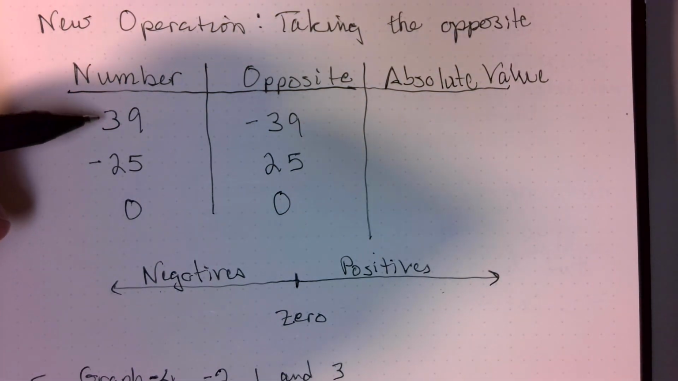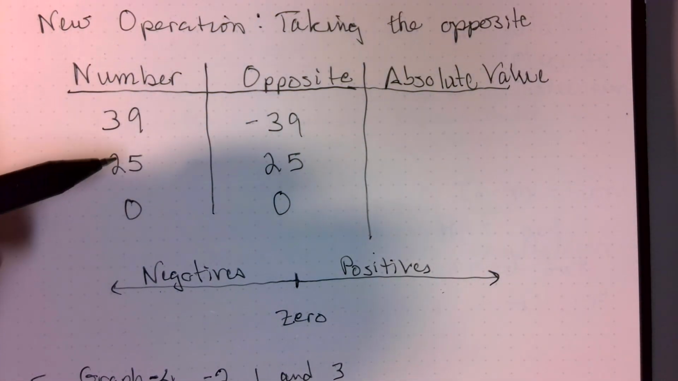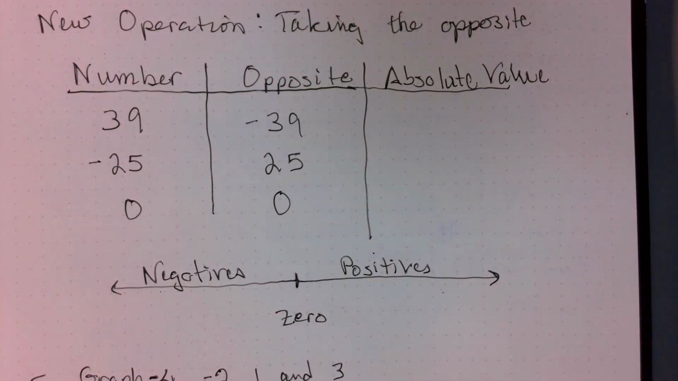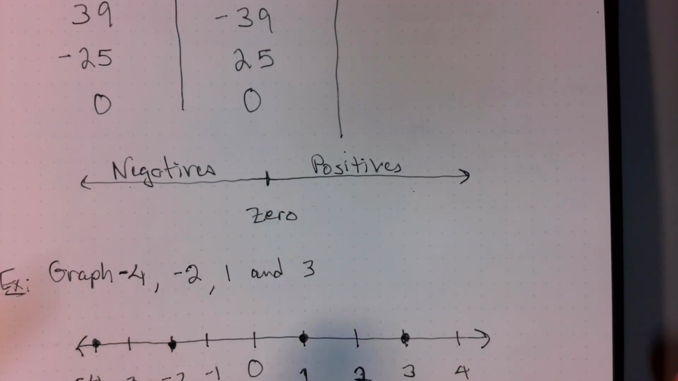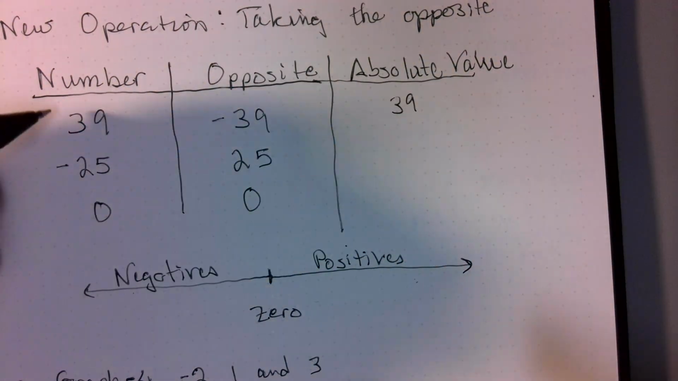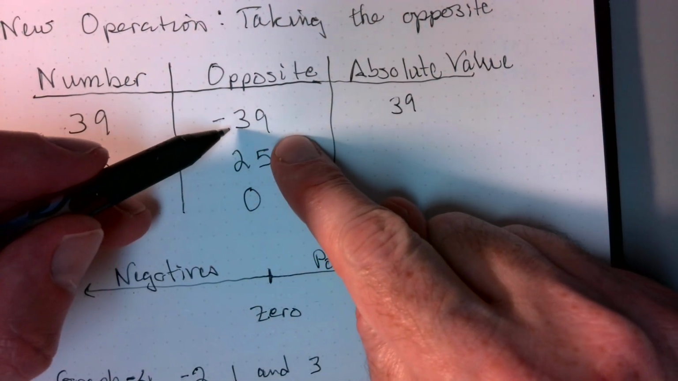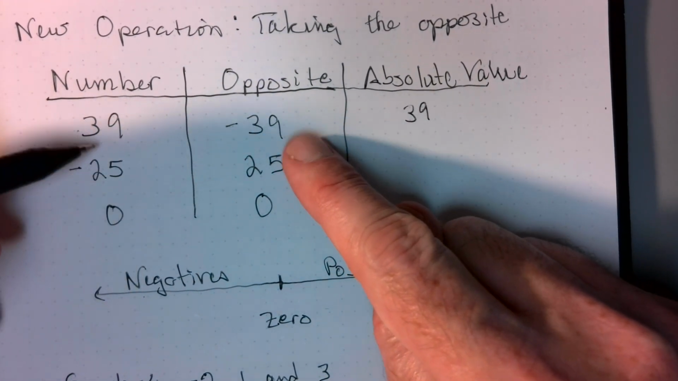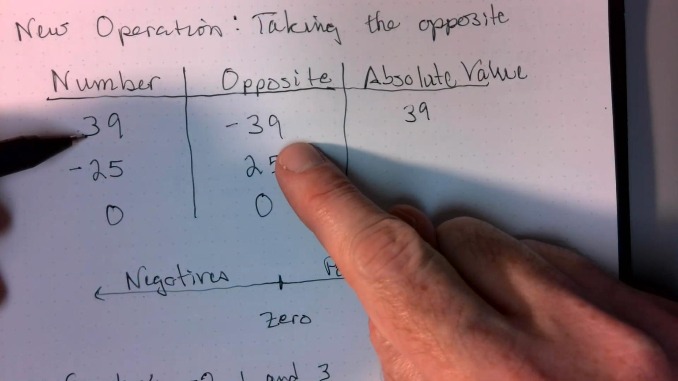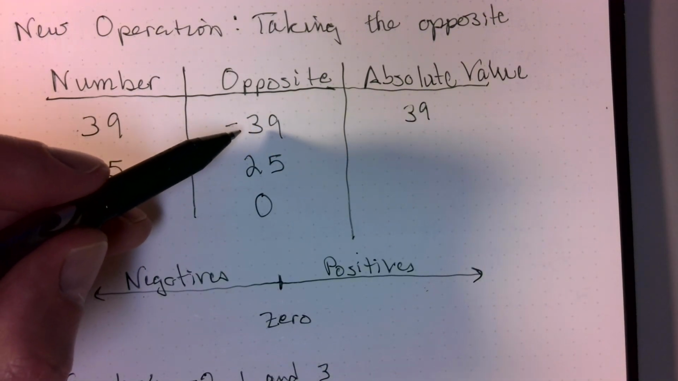So 39, its opposite is negative 39. Now if I were to plot 39 on a number line, it'd be a little tedious. I'd have to extend it way out, but I would be 39 units away from 0 to the right. Here I'm talking about the absolute value of this, but that's also the absolute value of this number. This is 39 units to the right of 0. This is 39 units to the left of 0. They both have